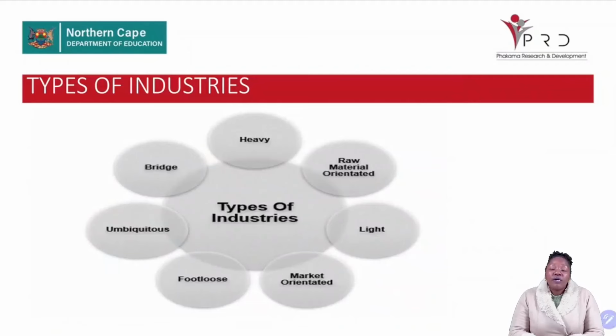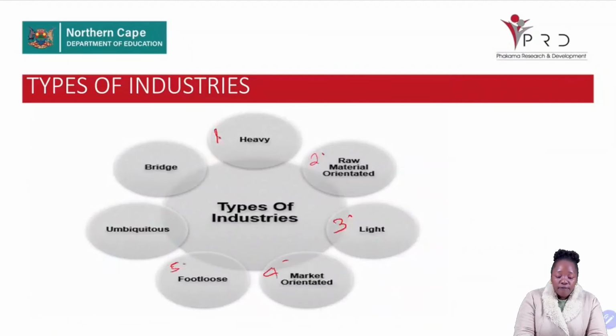So when it comes to the secondary sector, we say it involves the manufacturing as well as the processing of raw material. So where does this manufacturing and processing of raw material get done? It is done through these types of industries. We've got number 1, 2, 3, 4, 5, 6, and 7. So in total, we have 7 industries that are being stimulated because of the